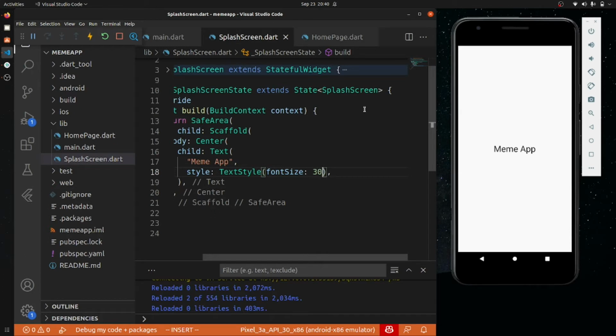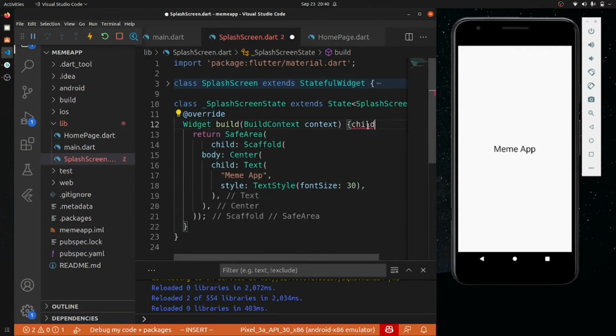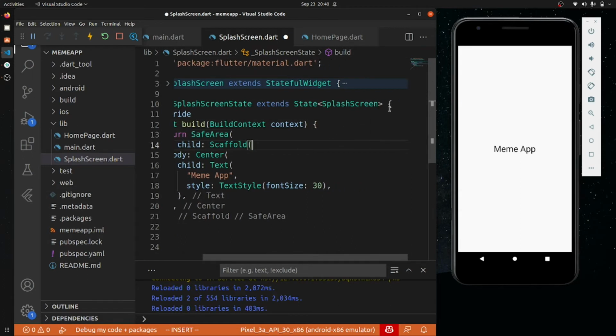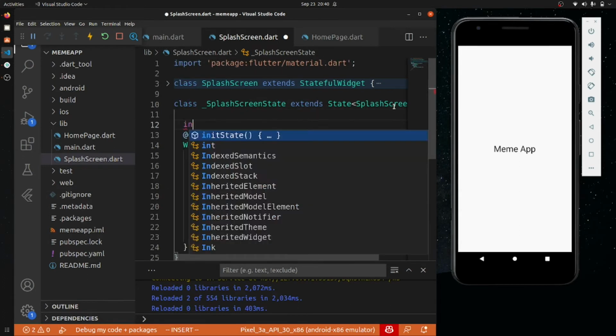Many people use the platform-specific approach for creating a splash screen, different for iOS and Android. But using this timer, I will show you the simple way that most developers use. So let's start. This child I will remove, and for that I will use the timer, which will be created just above the override.